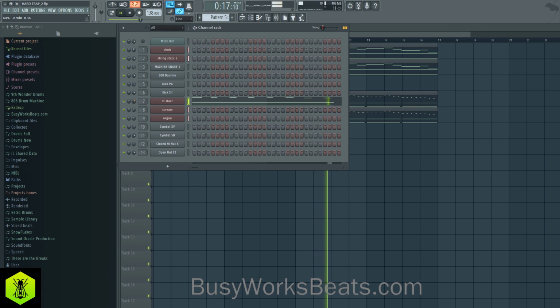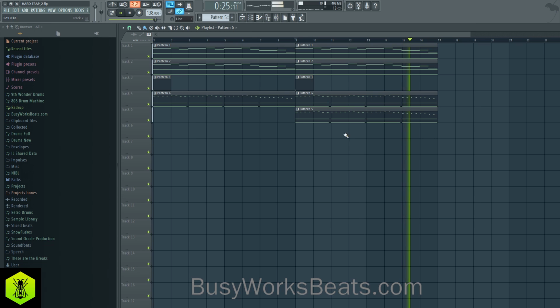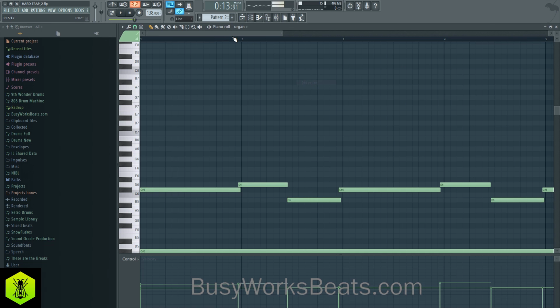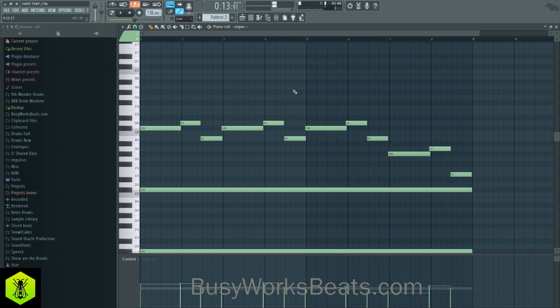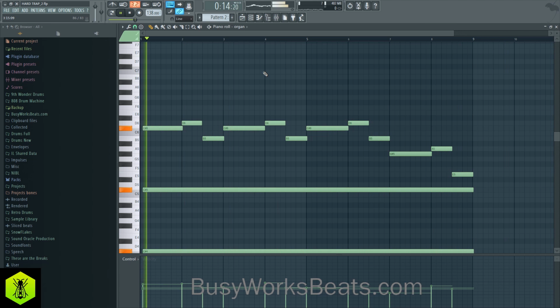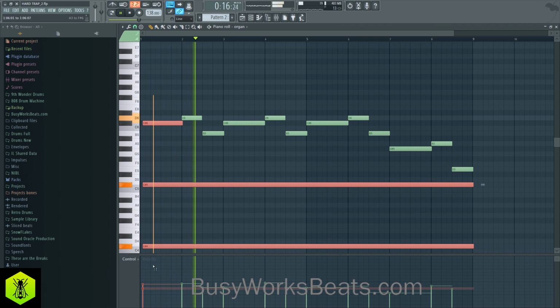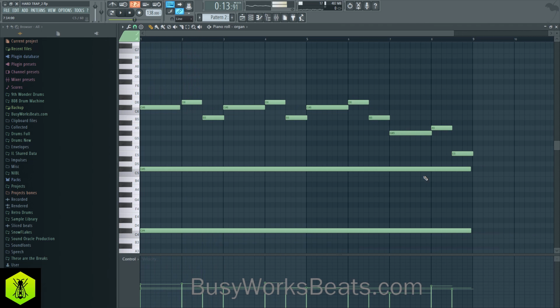Let's just turn that down. Let's turn the string staccato down a bit as well. So it sounds like the organ is off a little bit, so let's quantize that as well. I forgot the organ's not the choir, so you can actually hear its transient. So let's hit Alt right and then hit Alt Q to quantize. We need the organ to be locked onto the grid.